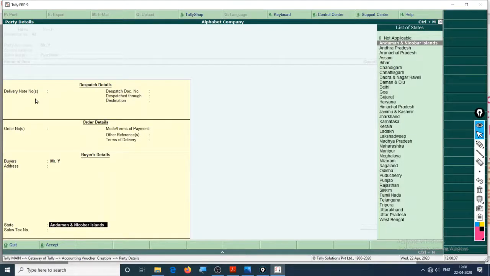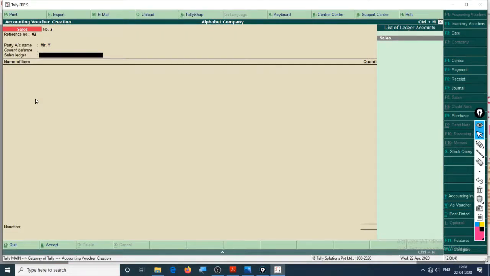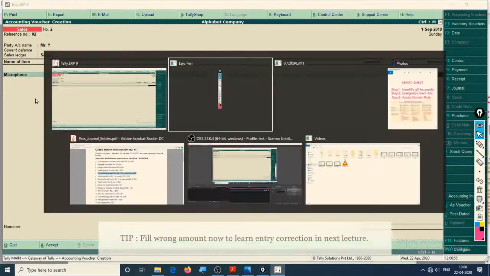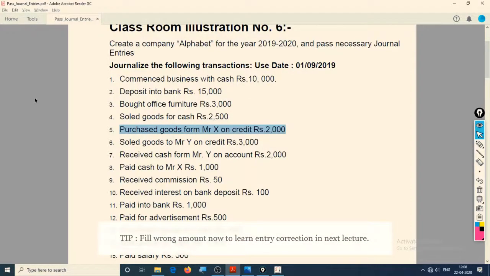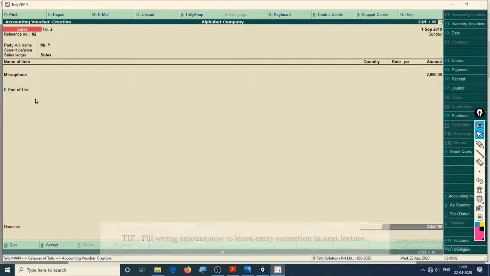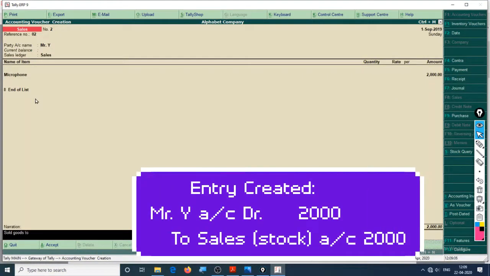State of Mr. Y, state where it will be delivered, sales ledger, yes, sales ledger, and name of the item that we sold Mr. Y. The item we sold to Mr. Y is a microphone, and for how many rupees did we sell? Rupees 2,000.